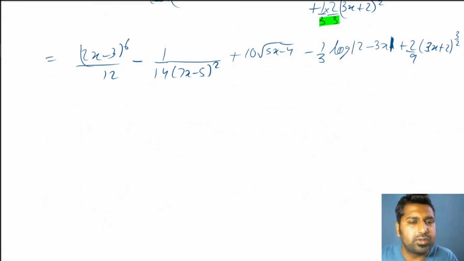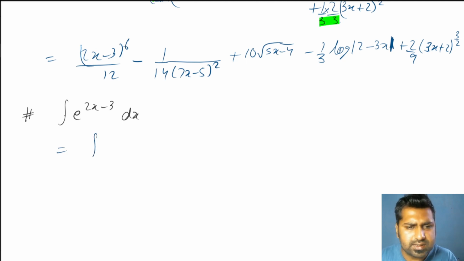That was the application of ax plus b. Okay, we have done one question. Now let's see another one. Integration of e raised to power (2x minus 3). Simple enough. Again, instead of x you have ax plus b. So e raised to power x integration is the same, e raised to power x. So e raised to (2x minus 3), just that